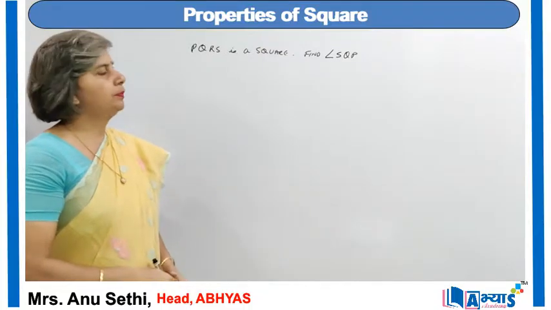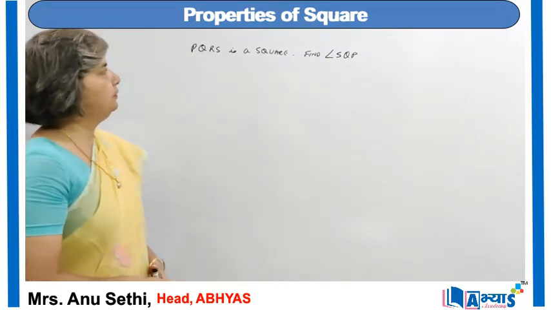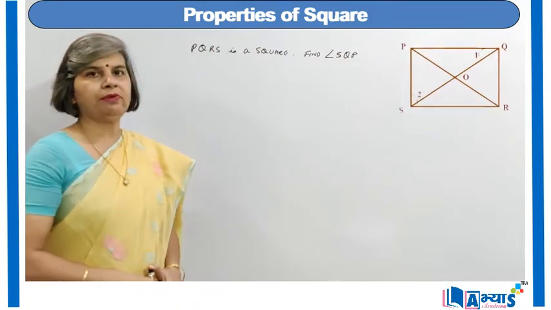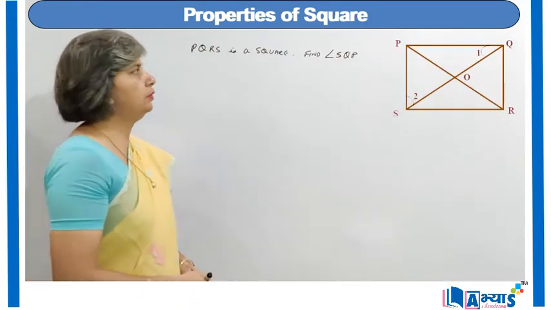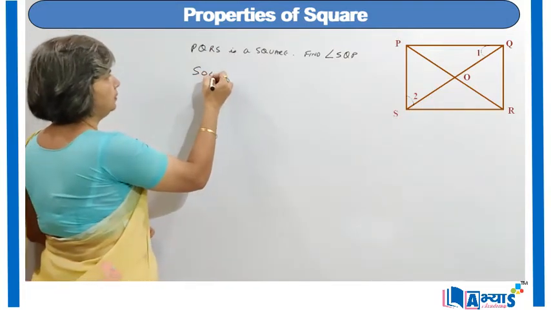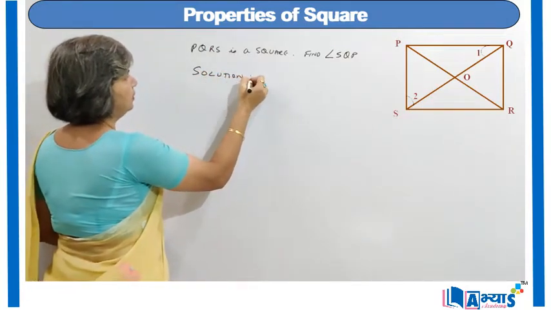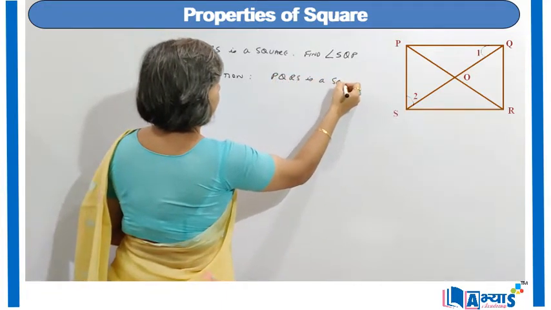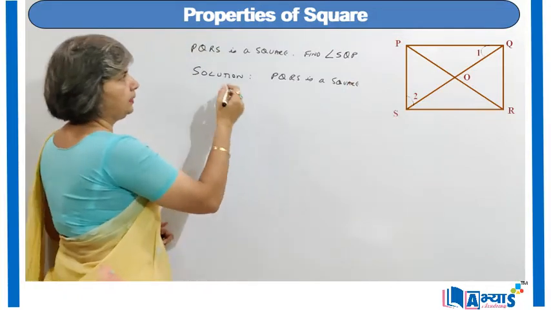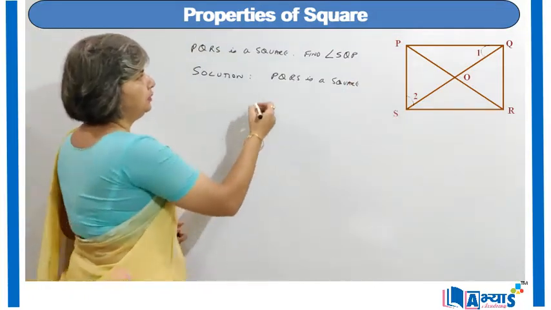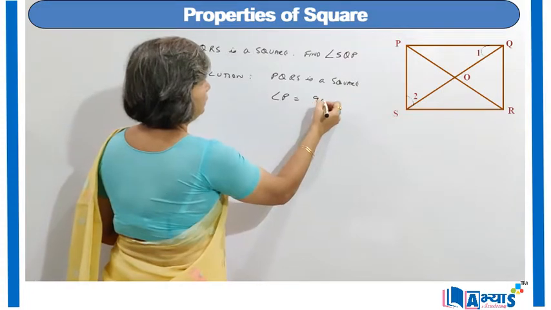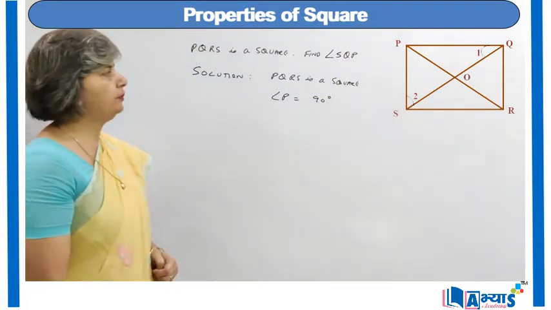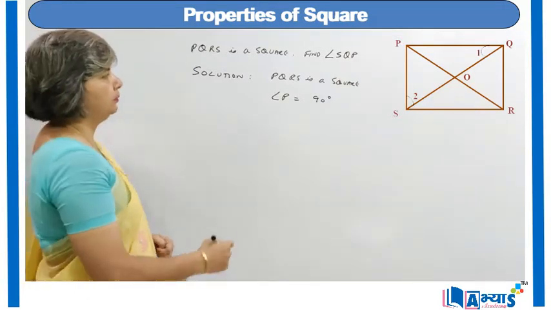Now let us apply the properties of a square to solve this question. We have been given that PQRS is a square and we are supposed to find the value of angle SQP. Now the solution will be: we know that PQRS is a square. So as PQRS is a square, angle P will be equal to 90 degrees, because each angle of a square is a right angle, so angle P will be 90 degrees. Moreover, in